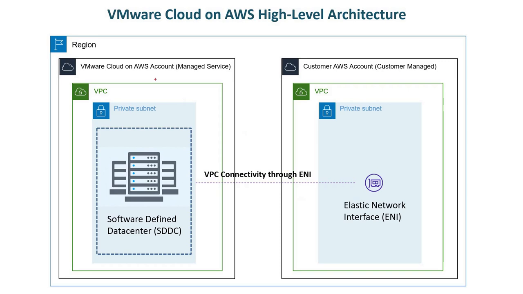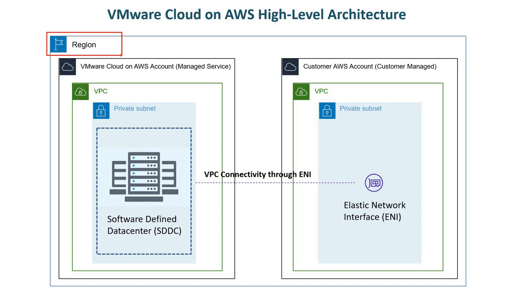If you look at this diagram, the first AWS construct is called a region. Whenever we are deploying our VMware Cloud on AWS SDDC, we first have to make sure that we are selecting the right region. Not every AWS-supported region will have support for the VMware Cloud on AWS service. So please make sure that whenever we are deploying our first VMware Cloud on AWS SDDC, we select the right region.